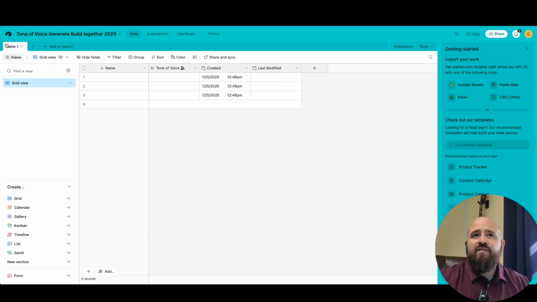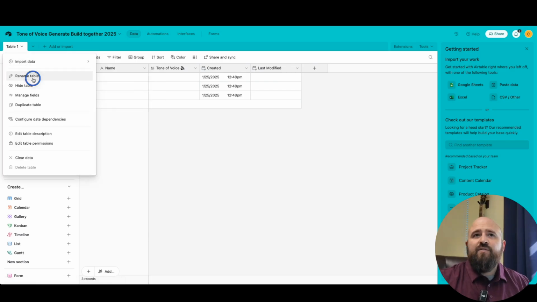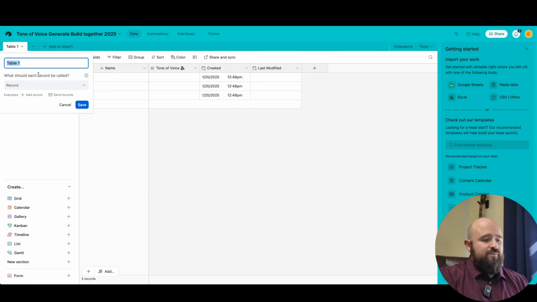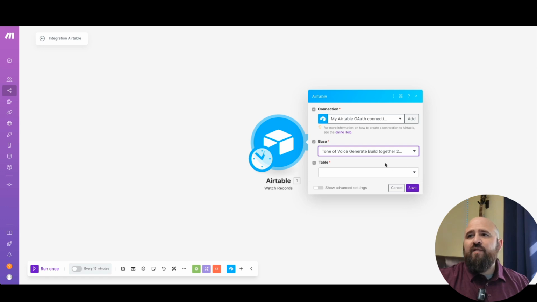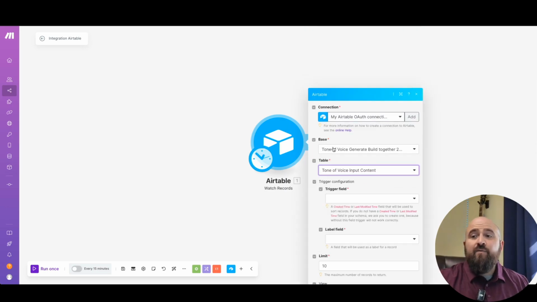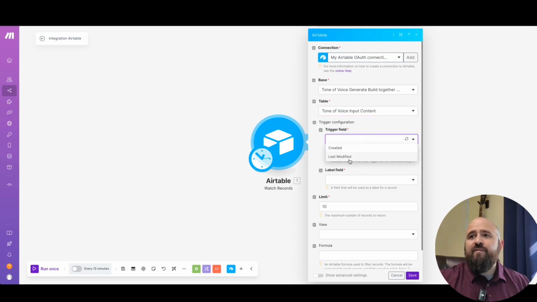So when we look in here, table 1, we can change this to, let's rename this to tone of voice input content. And even though it pulled it down before, it's showing table 1. If you click on this little refresh button here, it's going to pull that data again, tone of voice input content. There you go. So we're going to grab that, and our trigger field is going to be last modified